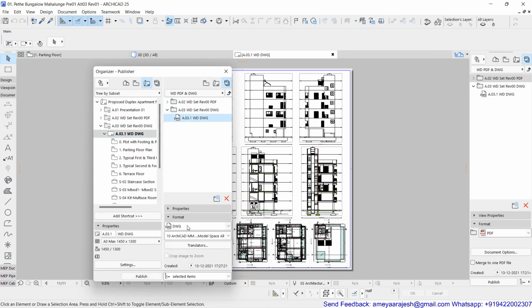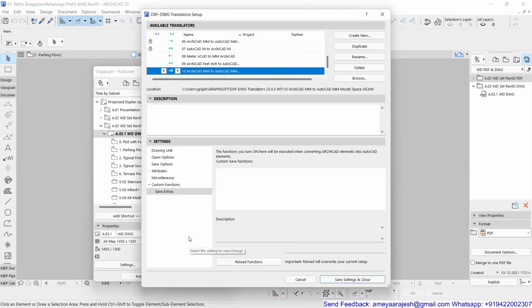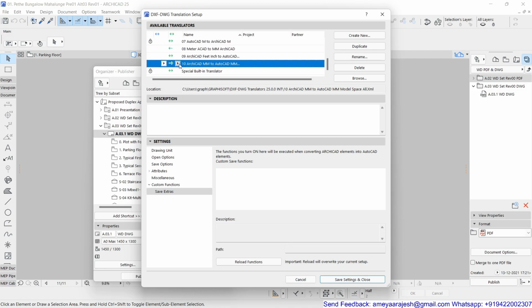Then the format DWG was selected. Now the important step was choosing the right translator. You can even design the translator from other places, or otherwise directly click over here. I'll explain the translator in a simple manner. ArchiCAD must be offering several translators by default, and you may have designed some. I have already designed one translator, so I'll talk about that. In your case, you can start a new translator and give it an appropriate name. My translator was suitable for export, so I have kept this particular setting. It depends on your choice again.